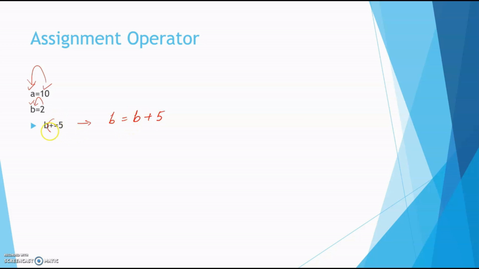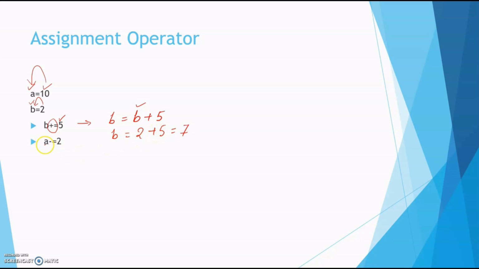Whatever the value on the right side is, you have to add it to b, meaning any variable. So b is equal to 2 plus 5, that is 7.